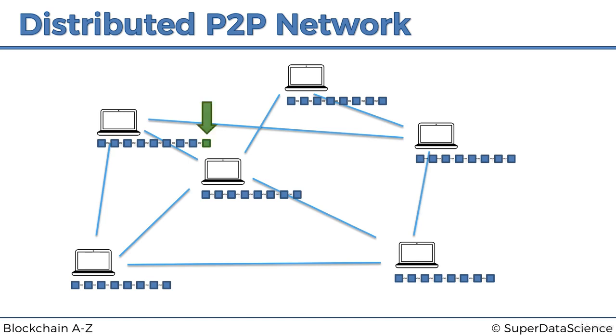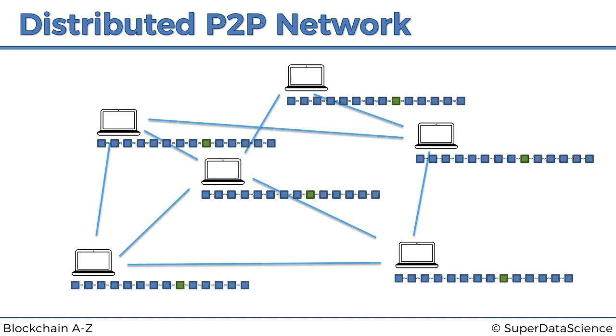So once a new block is added, what happens is that information is communicated throughout the network, and that block is added further and further throughout the network until all of the computers have this block. And that might take some time, especially in large networks, but nevertheless, a new block has been added. So in this case, it's the house that we purchased. So we can see it's now copied onto all of the networks. And then what happens is, let's say some time passes, as in our previous example, 3 months or a few years, and more transactions are added to the blockchain in a similar manner.